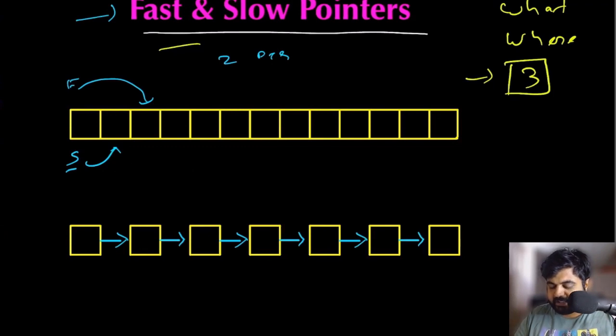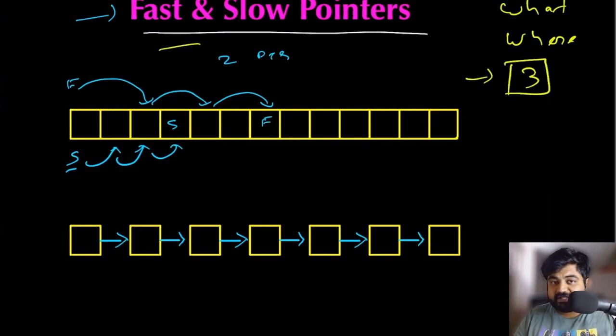But the fast pointer, let's say for this example and most of the examples, you are going to consider it as taking 2 jumps at a time. So moving twice as fast as the slower pointer. So in the first iteration, the slow pointer is going to come over here. Meanwhile, the fast pointer is going to come over here. During the next iteration, again, the slow pointer is going to end up over here because it will take one more jump, but the fast pointer will end up over here. Same way, if we do one more iteration, the slow pointer is going to end up over here. Meanwhile, the fast pointer is going to end up over here.